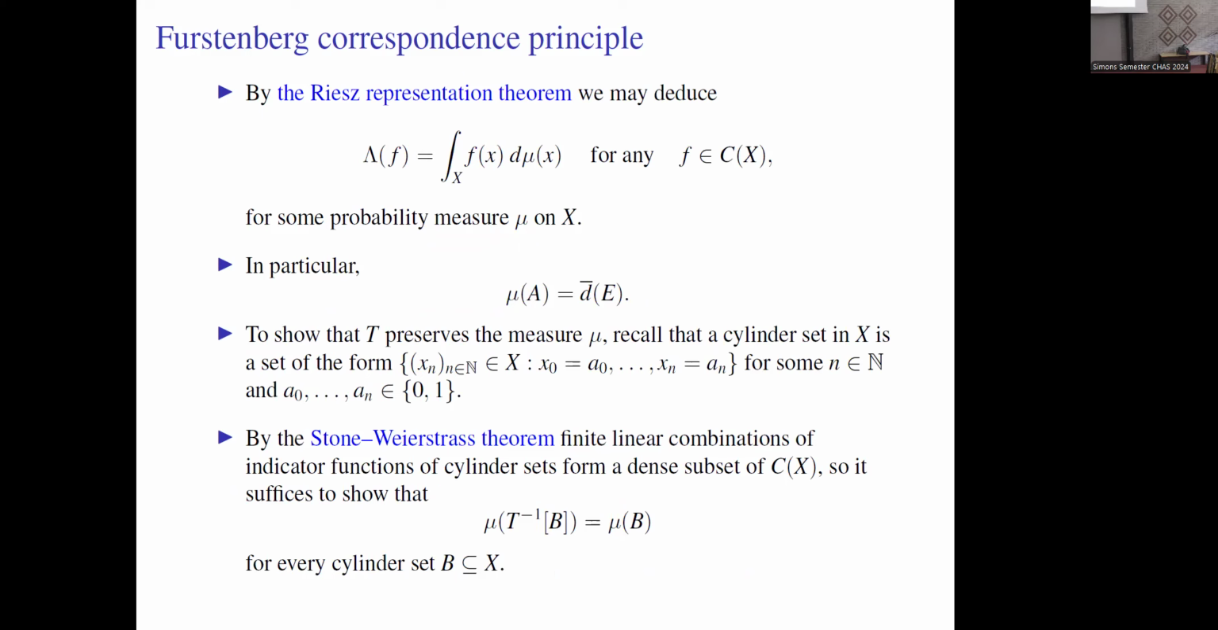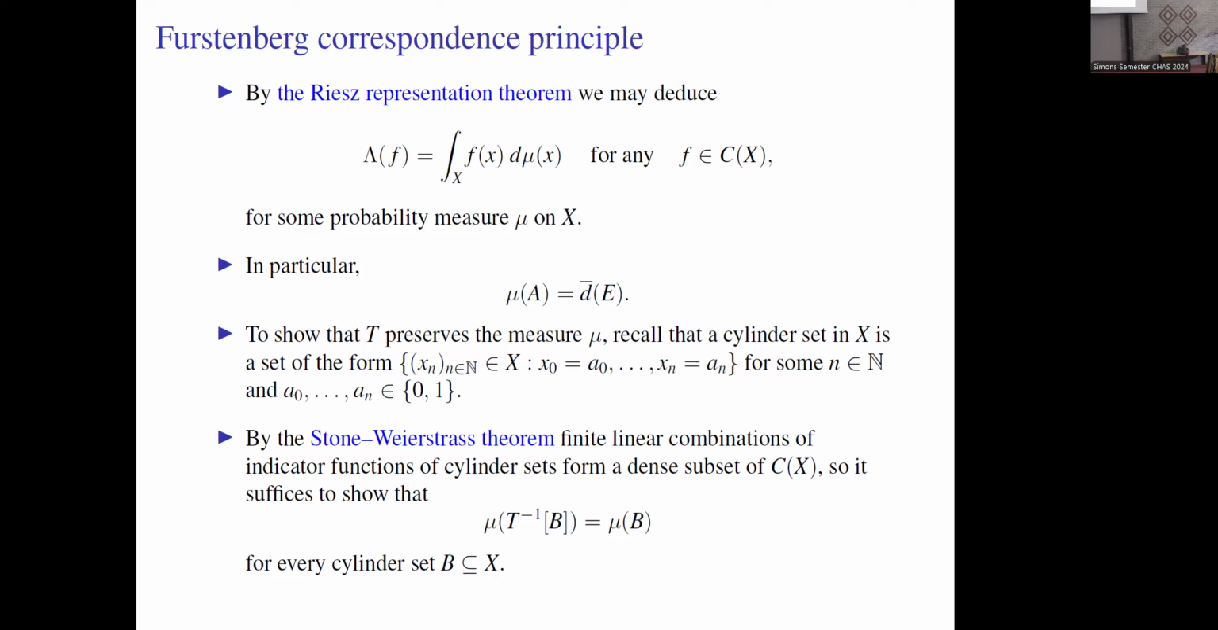In order to verify the other property, we use the Stone-Weierstrass theorem, because we have to show that this measure is measure preserving in the following sense for this shift operator on the Cantor set. It's enough to consider linear combinations of indicator functions of cylinders. Cylinders are sets that depend on finitely many axes. And these functions are dense because the characteristic functions of cylinders